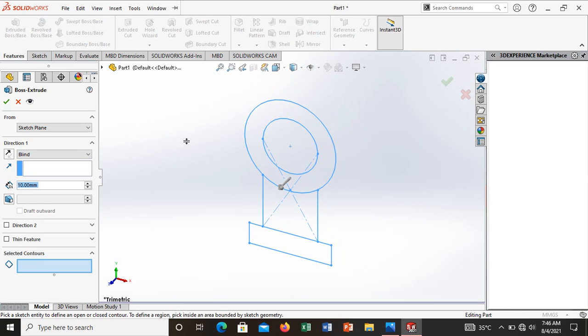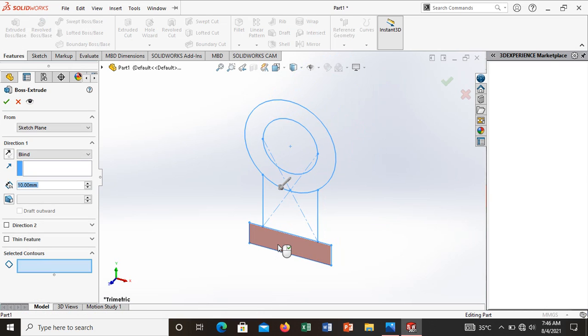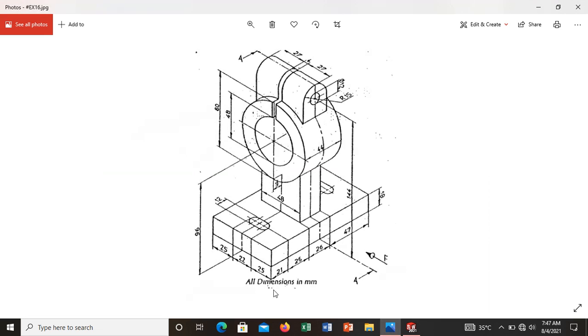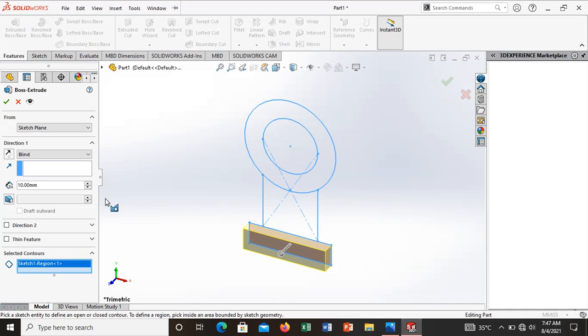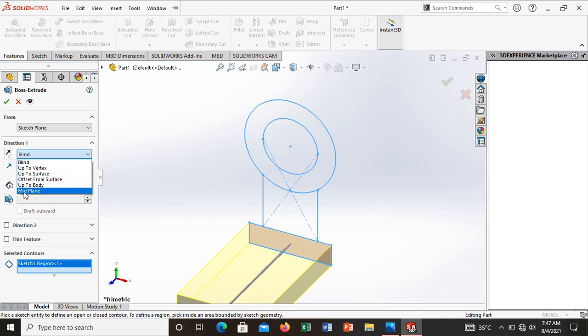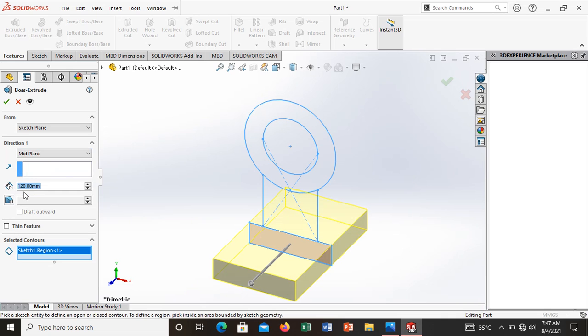I am going to select this face only and give the dimension; you have to check the dimensions. This dimension is 120. Okay, you may calculate it. It's 120 mm. Give 120 mm and give the mid plane here. Why? Because it's equally distributed from the center plane. That's all.